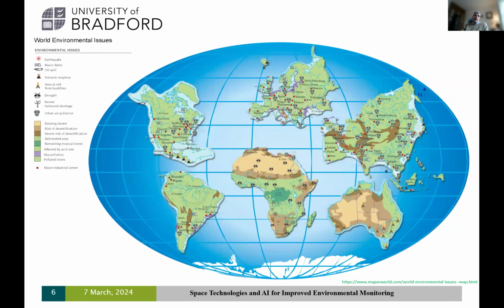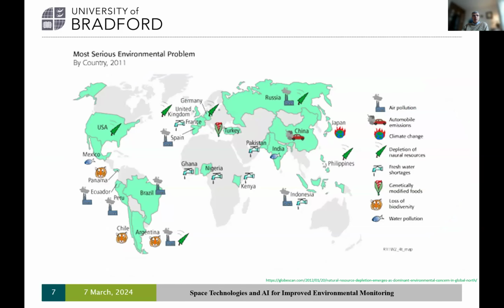So every country in the world today suffers from some type of environmental problem. This provides a generic overview, from earthquakes to floods to desertification. There are lots of activities, oil spills. A simpler view would be something like this, which focuses on the major environmental issue for some